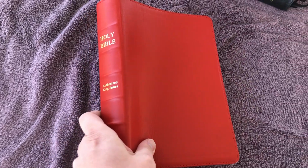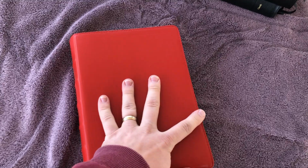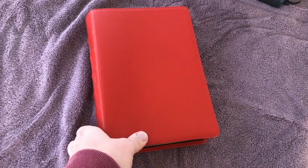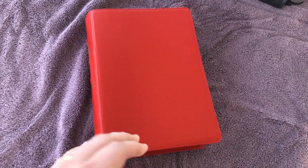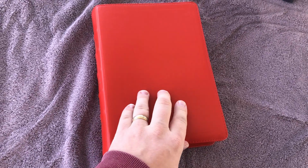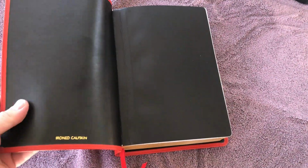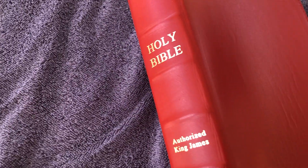Starting off, I did want to make this comment about the leather. It's super nice. In fact, it smells just absolutely luxurious and fantastic, even to the point that in my office upstairs, it actually smelled up the whole upstairs with the smell of the finest leather. So this is a really nice calfskin. I know I said I wouldn't talk much about the leather, but